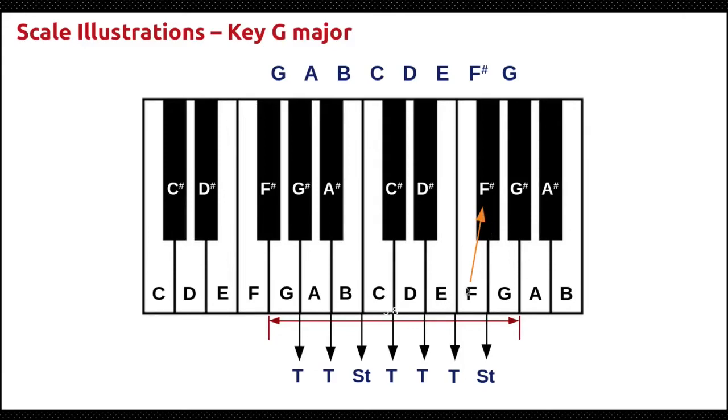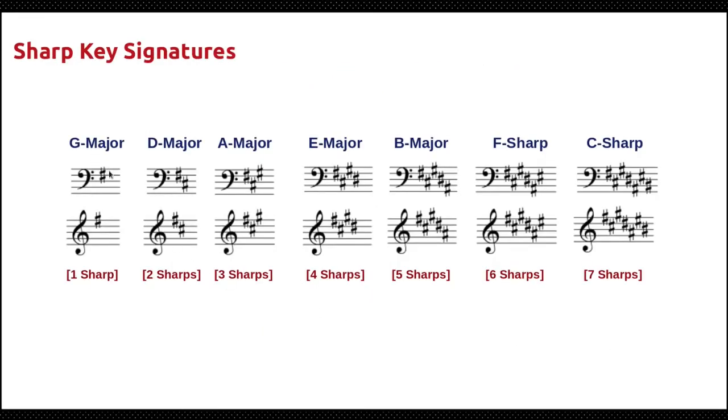So that is why you can see this arrow pointing to F sharp, telling you that we move from E to F sharp so that we can have a whole step between that. So that finally from F sharp to G will give us the semitone, the final half step. That is why for the key of G major, we have 1 sharp, and the note sharpened is F sharp. So you can see that is why the sharp is usually placed on the F line of the G major